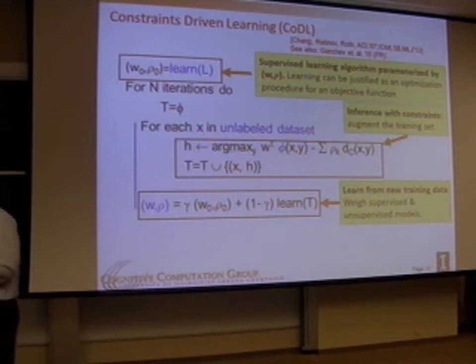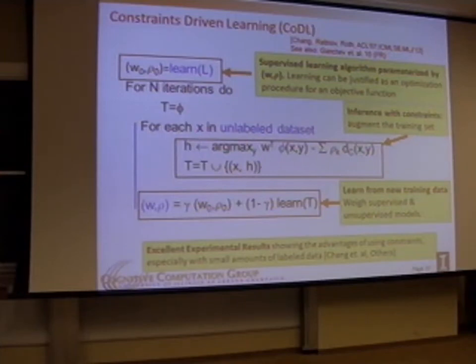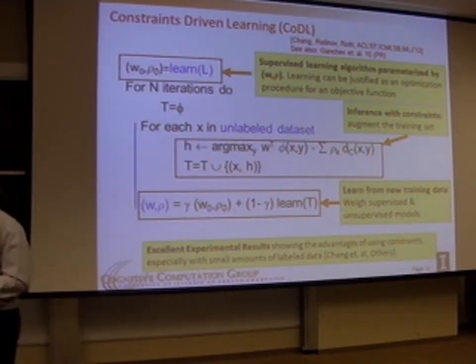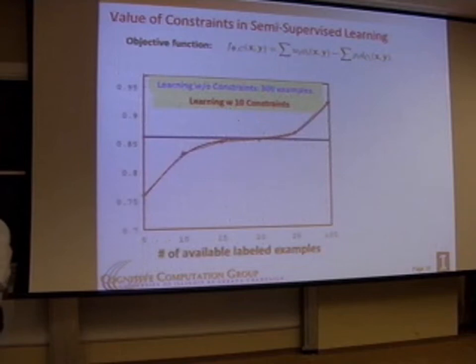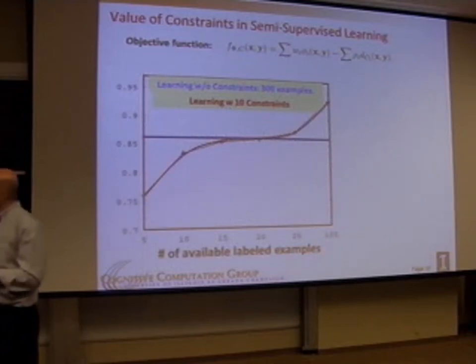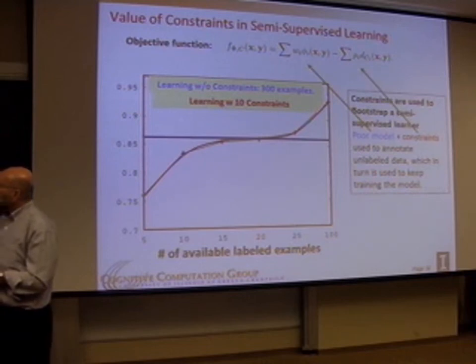And this is a very simple algorithm which produces excellent experimental results, basically showing that you can encode a lot of information using this constraint, basically to replace a lot of training data. Other groups have used this model or variations of it and also showed results. So just to illustrate the type of results you can get, again, this is my poor model, my simple model, and this is the way to enforce the data.